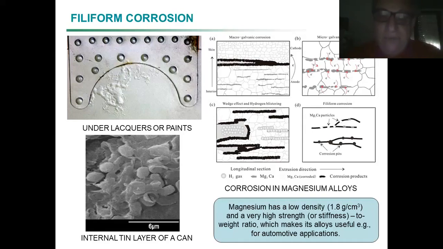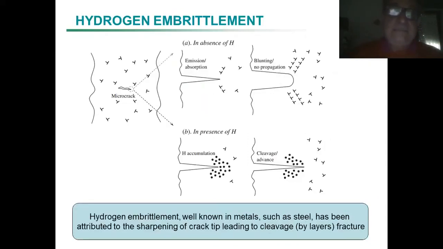To be able to compare, it weighs less than glass fibers. Therefore, its relative strength or stiffness is considerably high. And about hydrogen embrittlement,